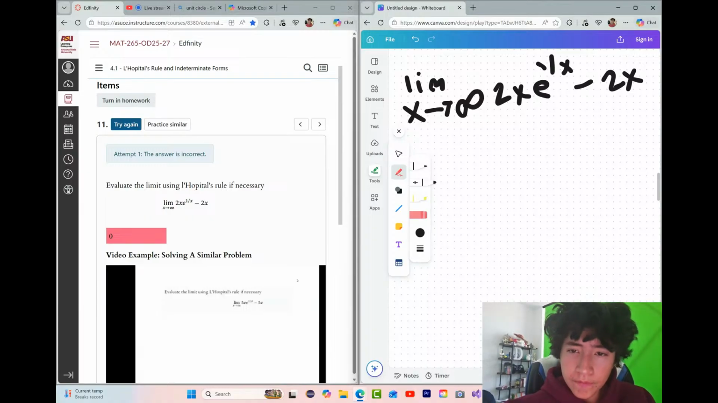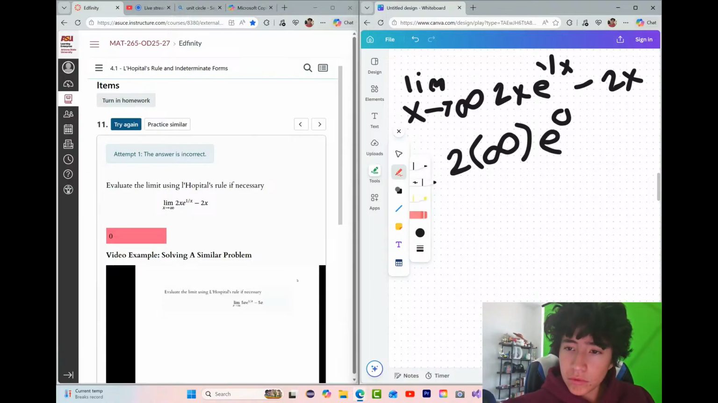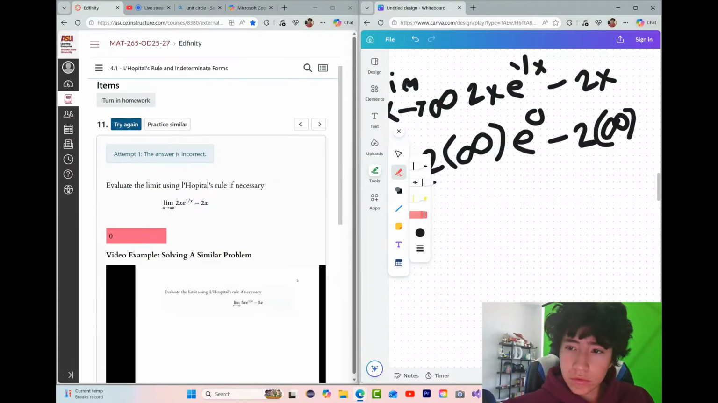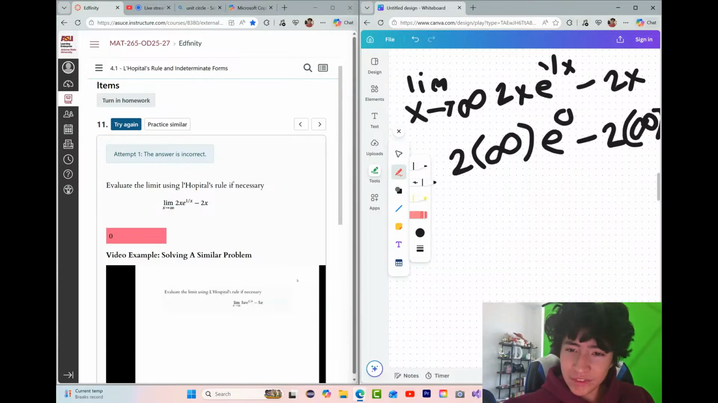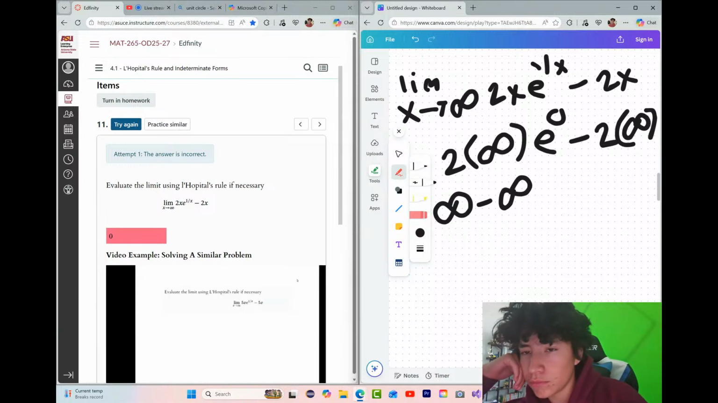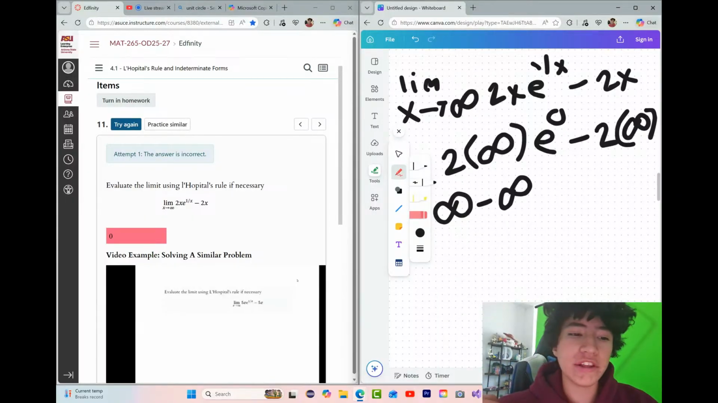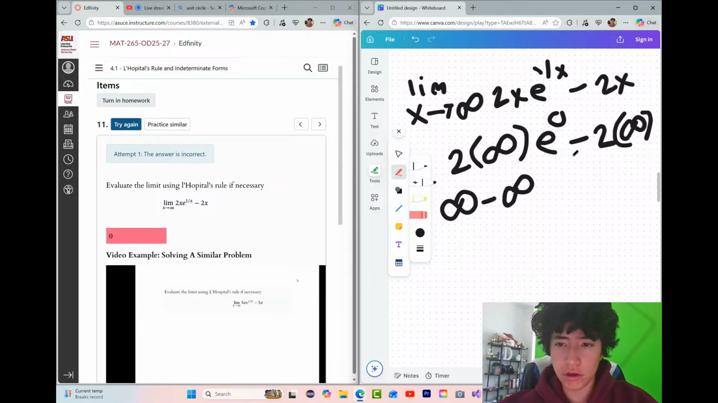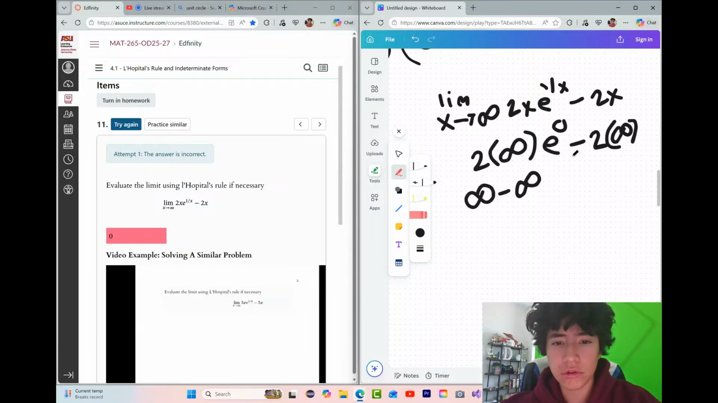Okay, so that's what we get. Okay. Wait, 1 over infinity is 0. Yeah. So we have infinity minus infinity. So now let's use L'Hopital's. So we get